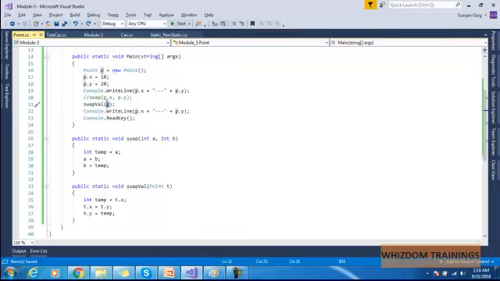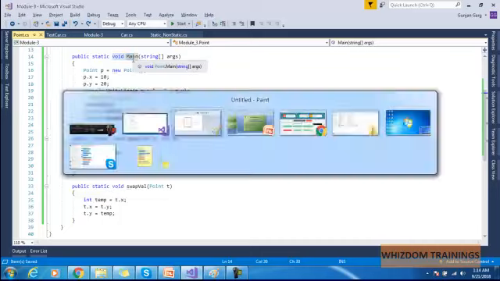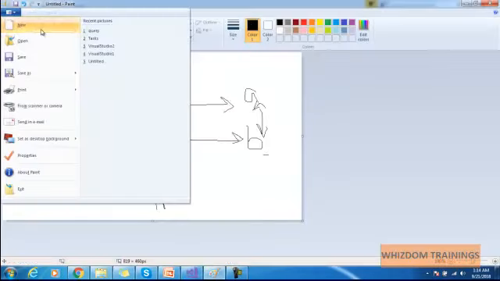So there is a difference between swap p dot x, p dot y and this. In the first we are passing the values, and inside this we are passing the object reference p into the t variable. And I am keeping every function as a static function because I need to call them inside my static main function, right? So inside the memory, what actually happens is